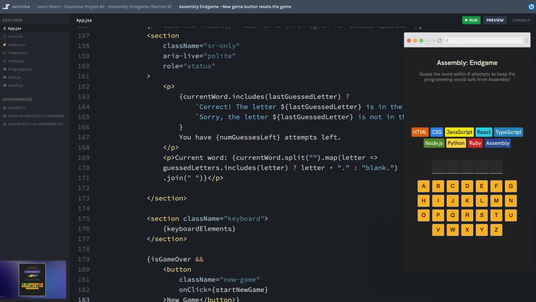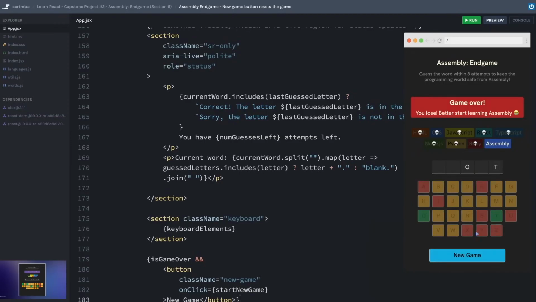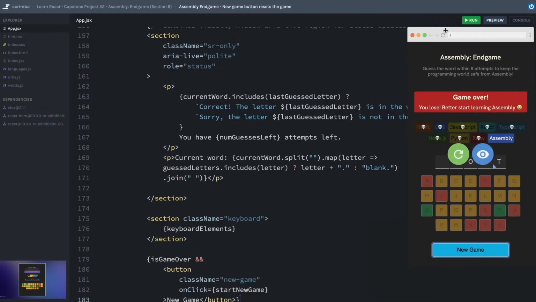Okay, let's hit save. And I guess we need to actually play this game now in order to display the new game button. Oh no, this is not a good start. Oh, I don't need to win this game for this to show up. I can just lose the game. Okay, let's go ahead and click new game, start a new game. Perfect, okay. Oh, I just thought of another feature we need to add. We need to display the word after the game has been lost. Otherwise it's so anticlimactic we never get to figure out what it was.